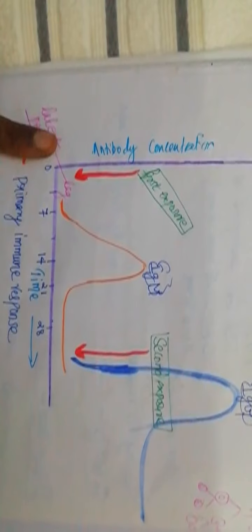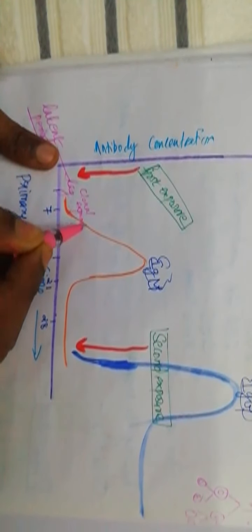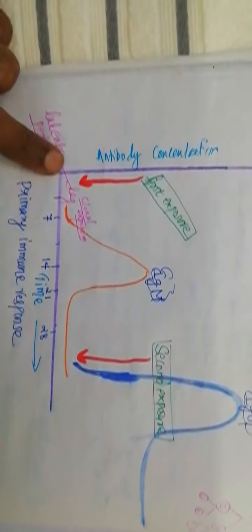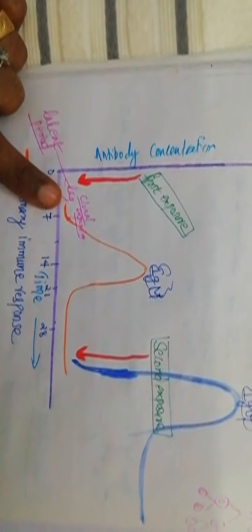During this particular process, the antigen will enter, and all this process, whatever I have told you now, the B cell differentiation, formation of plasma cells and memory cells, and many plasma cells will be formed during these 7 days of time period. That process is called clonal expansion. What is happening here during the lag period? A process known as clonal expansion. What do you mean by clone? A similar copy of the plasma cell. Many cells will be formed, thereby the antibody production process starts.